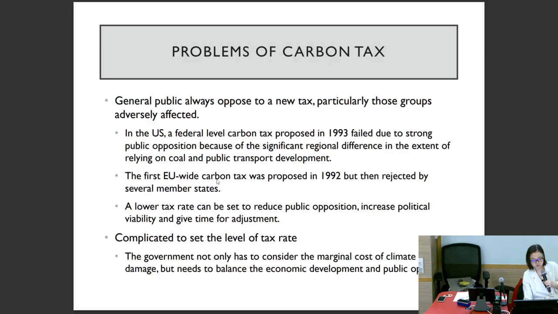And the first EU-wide carbon tax was proposed in 1992, but then rejected by several member states. A lower tax rate can be set to reduce public opposition, increase political viability, and give time for adjustment. So in the beginning, the tax rate must be lower, otherwise there would be a lot of